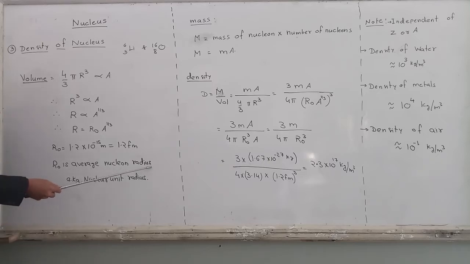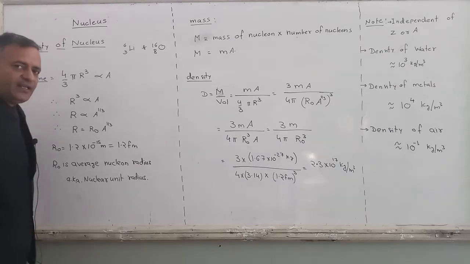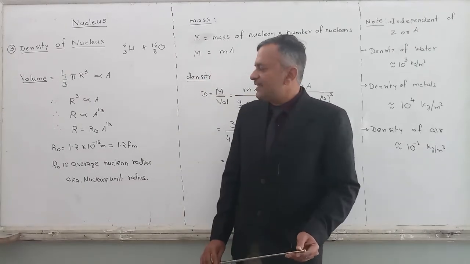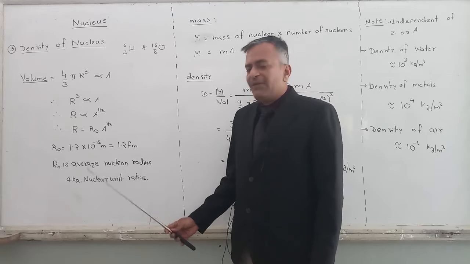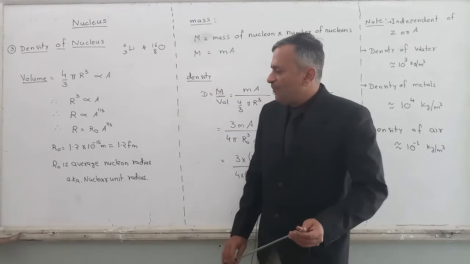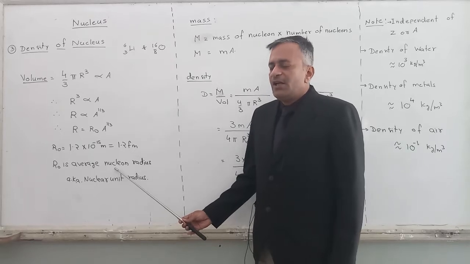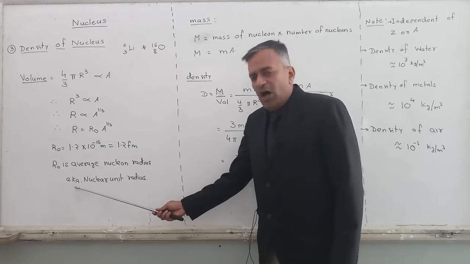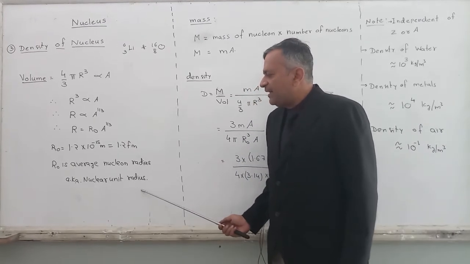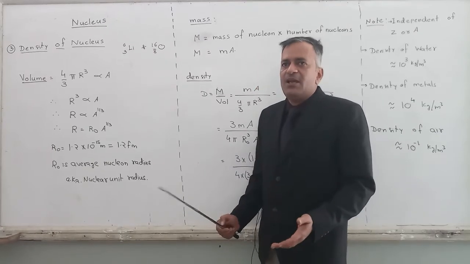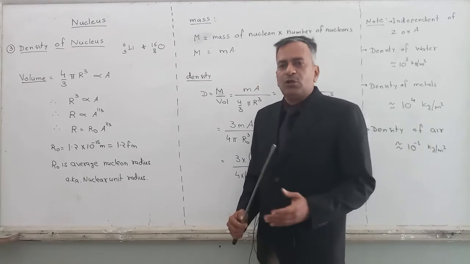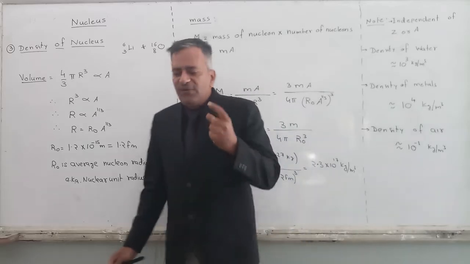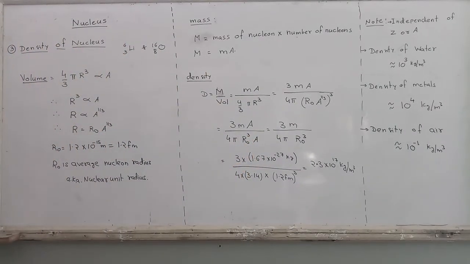Average nucleon radius. What is a nucleon? Come on. What is an Indian? A person living in India is Indian. So a species living inside nucleus is nucleon. What is living inside nucleus? Protons and neutrons. So what is a nucleon? It is a common word referred for protons as well as neutrons. Okay. इसका एक और नाम है, one more name is the nuclear unit radius. Nuclear unit radius means the same thing. What are the units of which a nucleus is made? Protons and neutrons. So this R0 is actually the radius of a proton or the radius of a neutron.